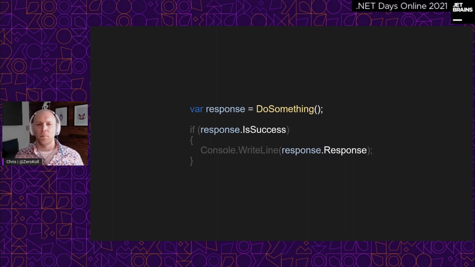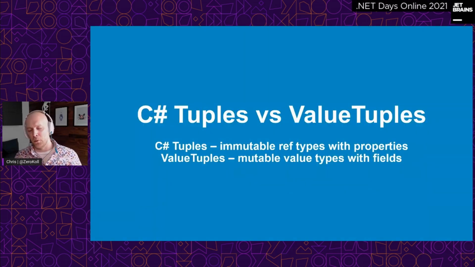C# 4 version, the C# tuples are still around, and there are some big differences between them. In C# tuples, they are immutable reference types with properties. So they are classes with properties that are read-only, they're immutable, but they're called Item1, Item2, Item3. Whereas value tuples are actually mutable. So they are value types, and they don't have properties, they have fields. So when you get something back as a value tuple, you can actually change it, which you couldn't do in